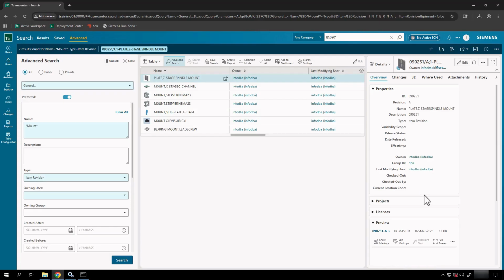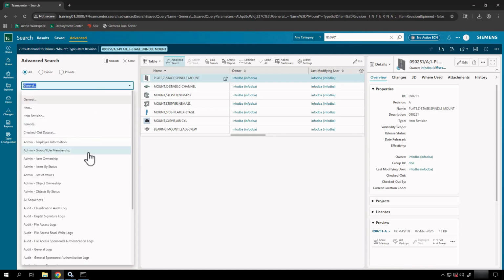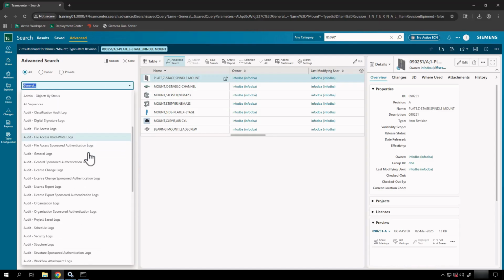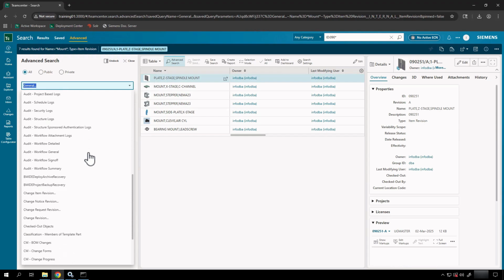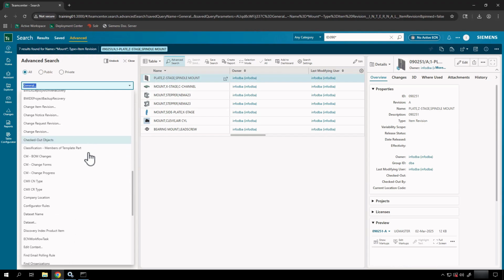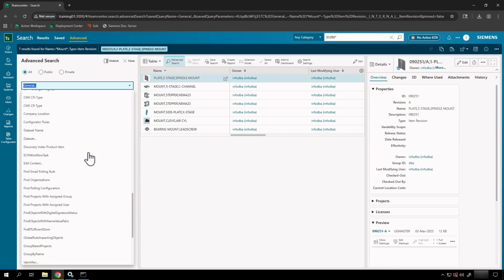Now be careful. We want to make sure that we're opening the right object. So I'm looking over at the right hand side and you can see that the type has filtered down accordingly. So the objects I'm looking at are item revisions. If I pull this down, just as a frame of reference, there are a ton of these. So audits and administrative type queries. You may see more or less, but one that I do recommend is using, if you're searching for files, make